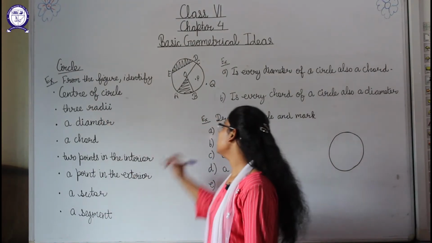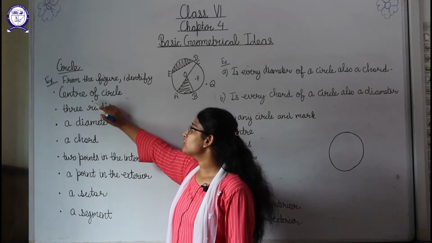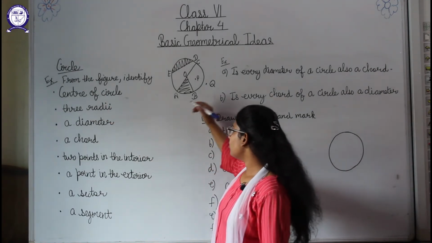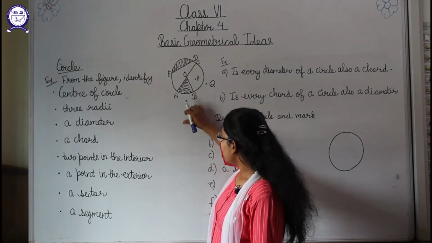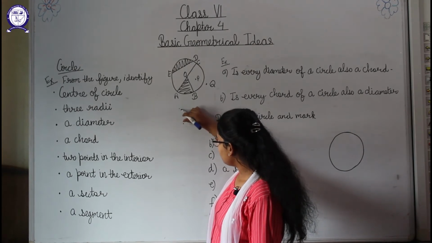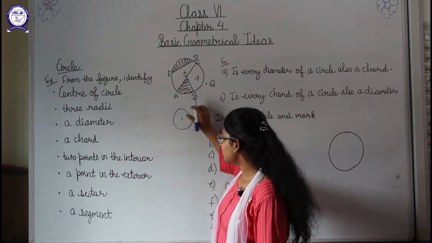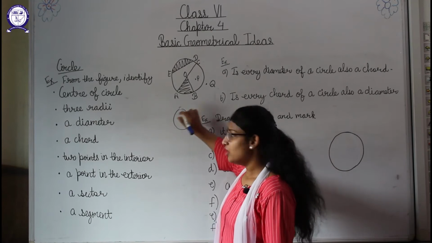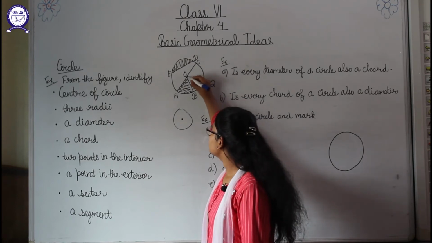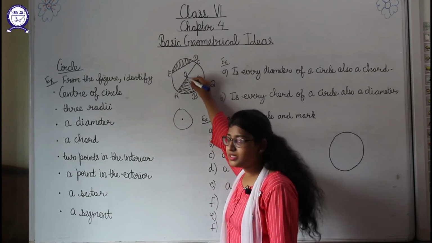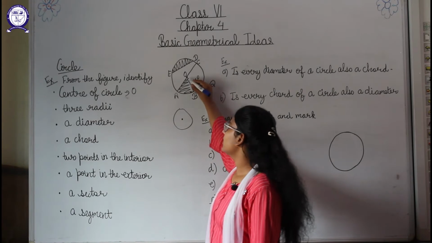Okay. Now students, our next topic is circles. You know about the circle. This is a circle here. Now from the figure we have to identify these points. First of all, the center of the circle. Students, you know that when we draw a circle, we put the pointed edge of the compass here, and then like this we make the circle. This is the pointed edge we put here, and like this we draw the circle. Okay, means this is the center of the circle, the middle one here. So in this figure, this is O, this is the center point. So here O is the center of the circle.